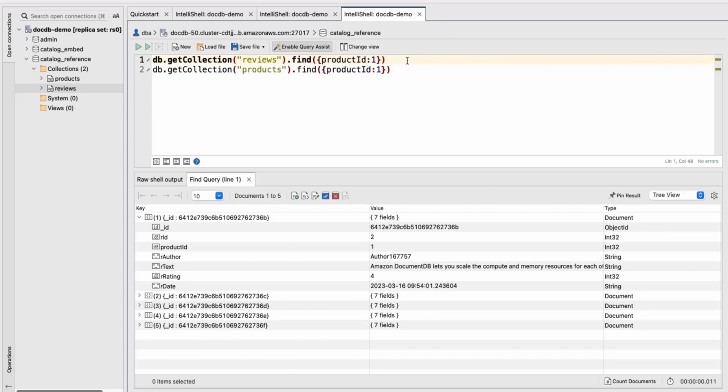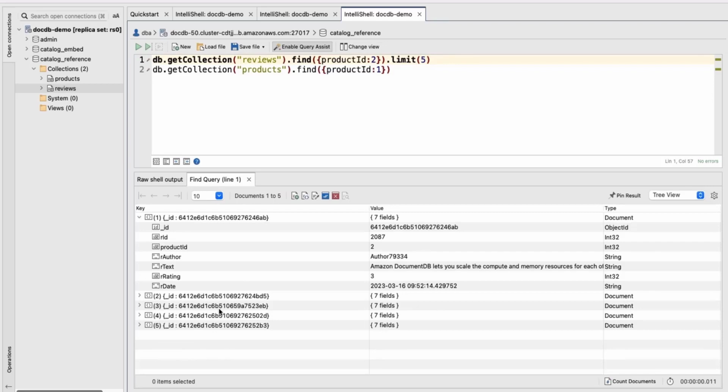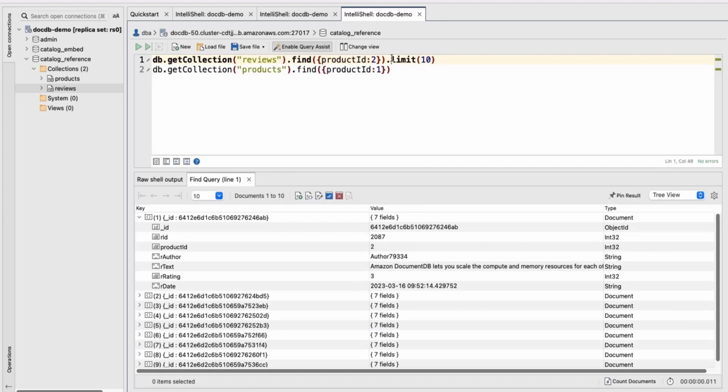Another nice advantage is that it's easier to paginate, because you can use limit, for example. If you want to retrieve just a subset of the reviews, and I filter for the product ID with many reviews, I can retrieve just 5 reviews, for example, or just 10 reviews. You can also do a sort, because probably you are interested in retrieving the latest review. So I can do a sort on date, ordering in descending order. You can do that as well, much more easily.